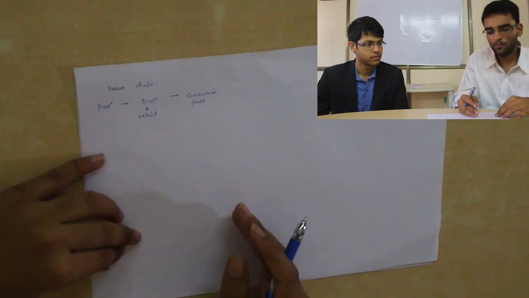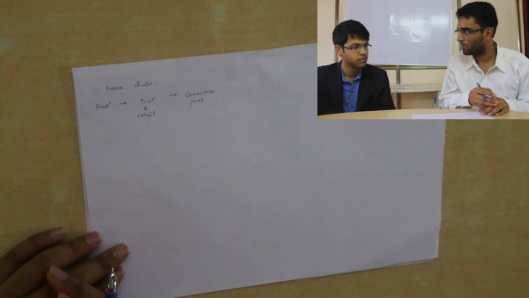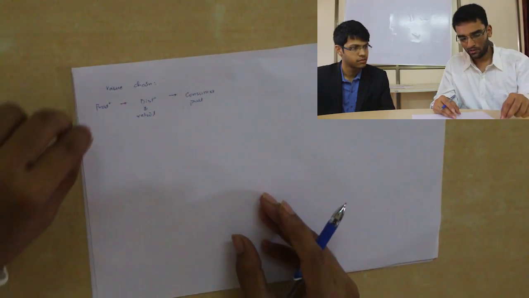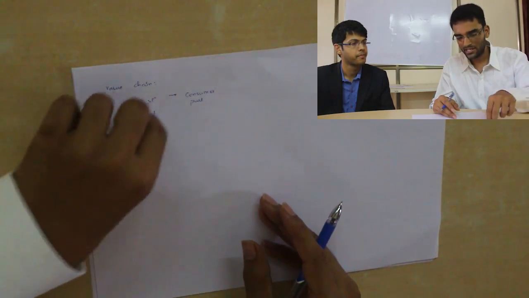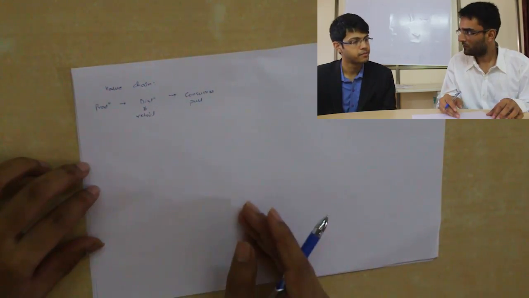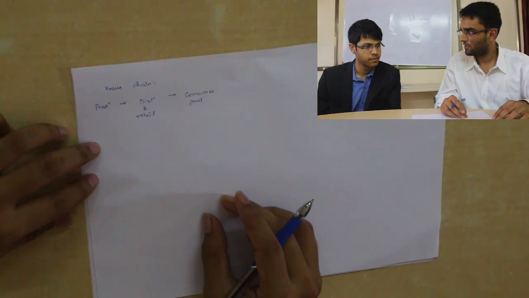Okay, so I've basically broken down the value chain of the product into three steps. First is the production, the second is distribution and retail, and the third is consumer pull. I would like to ask whether there have been any changes in each of these over the last 2 years. So we'll go one by one. All right. Is that fine? Yeah, sounds good.